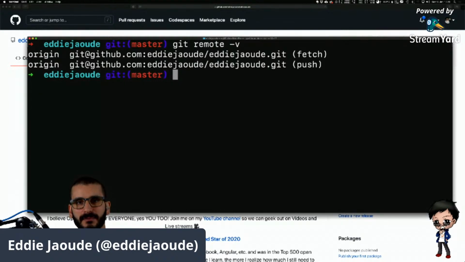A lot of mistakes that people make are they make changes in the default branch in their fork. And that's a big no-no. You're going to create conflicts on your second pull request, or the second time you pull down the latest changes. So don't do that. Make a branch.